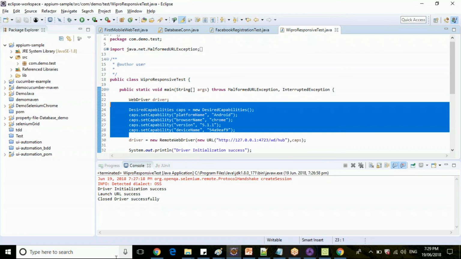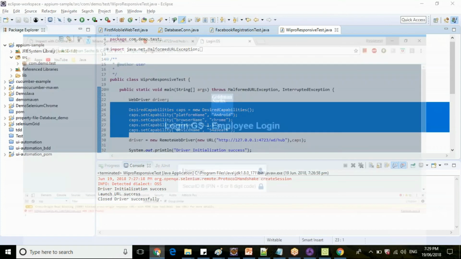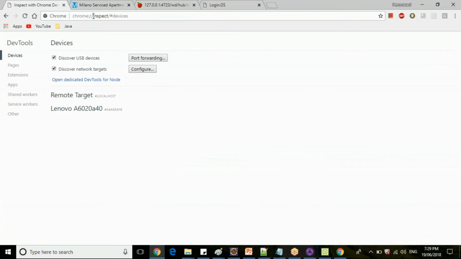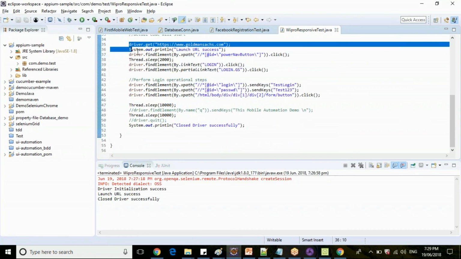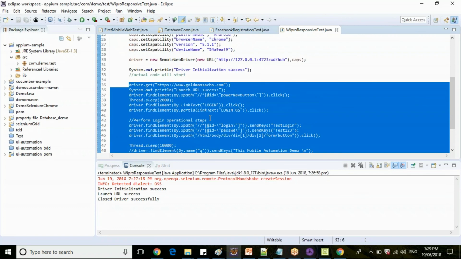So we also have seen how to inspect the elements. So your Chrome will provide an option, inspect option to list of connected device. Now I have connected this particular device and I'm using a Chrome browser. So once I'm having a Chrome instance in my mobile device, then it will be showing here. Okay. So any queries in inspecting and writing a test case for mobile web?